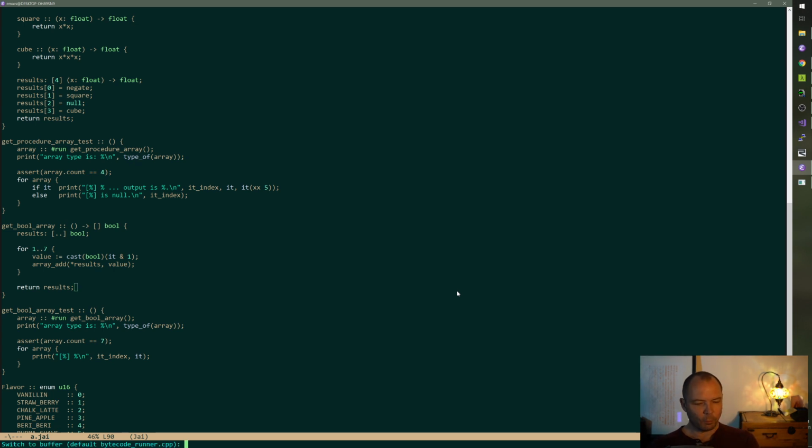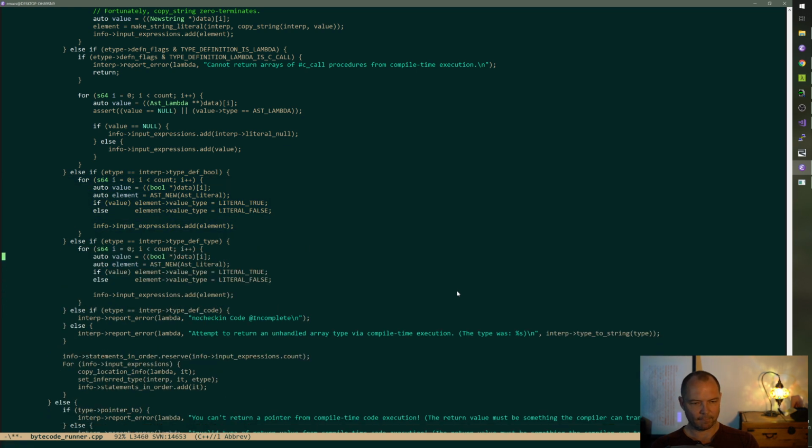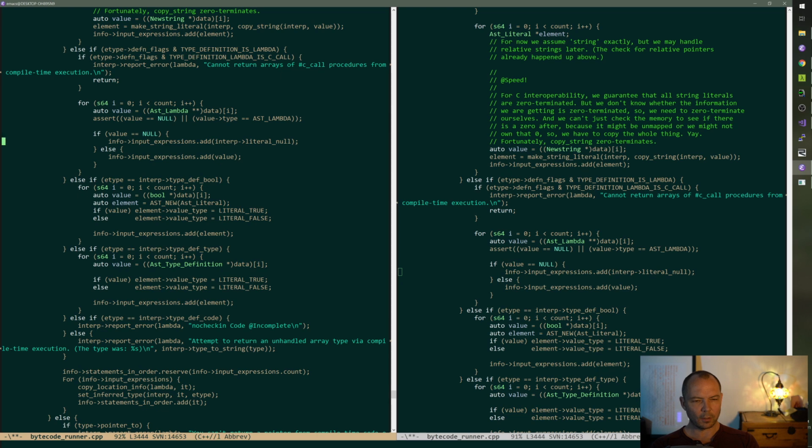So that's Booleans. Types. This should be easy. All right. And that said, it could be null. Right. Wait, I did a literal null here. Wait, what?